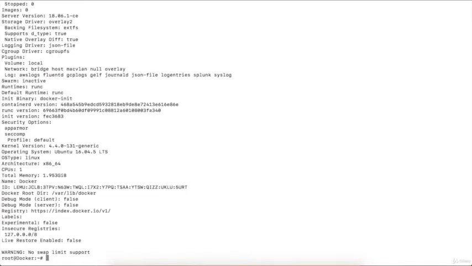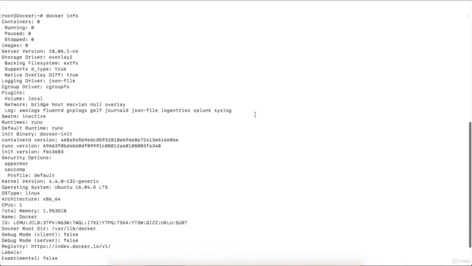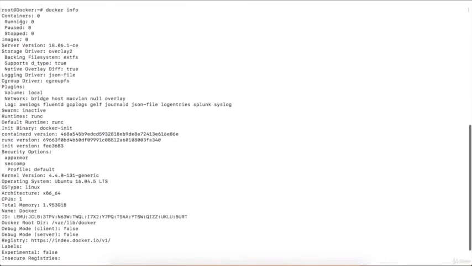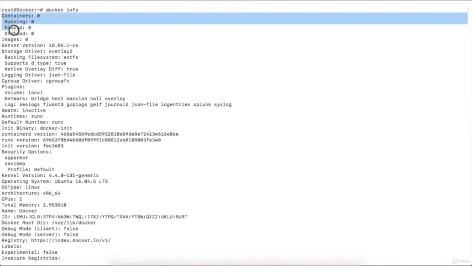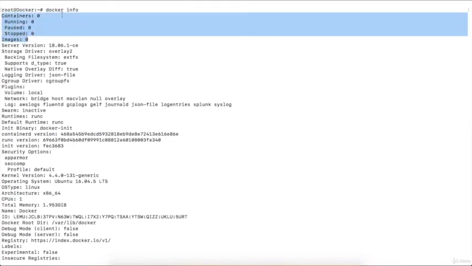Now to verify the complete setup of my Docker engine, I can execute the command docker space info. Press enter and you will get a lot of information. See, a lot of data is being printed on my machine. So very first, there are a few things which are printing like this. When you insert the docker info command, it will provide you the complete information of your Docker engine, right?